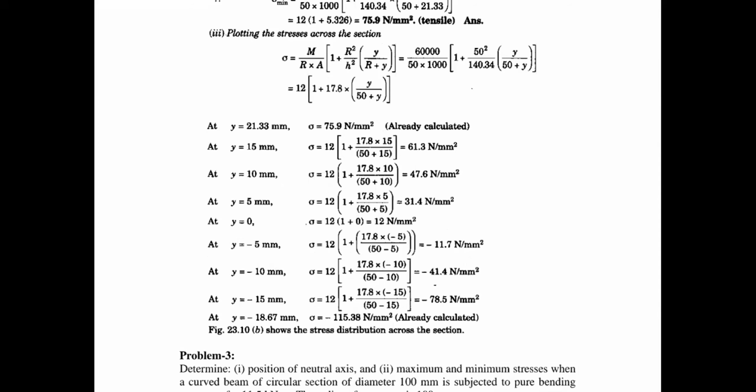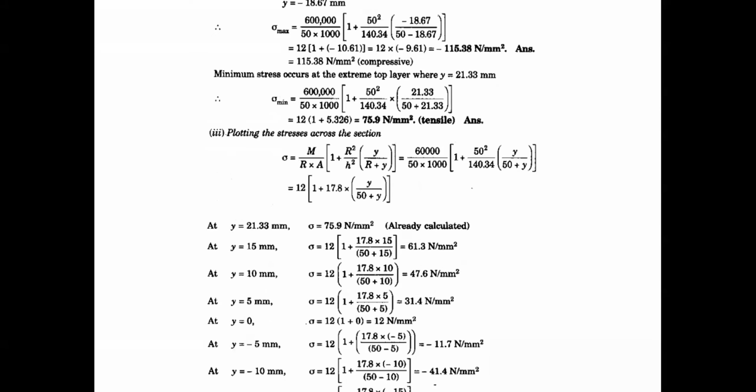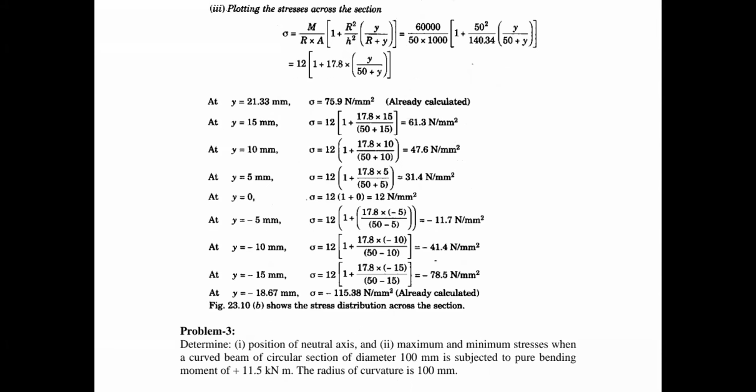The answers are: minimum value 75.9 and maximum value 115.8. These are the y values, please verify them. I hope this is sufficient. For those asking for the slide, this is my purpose. Now the d value and the h square value, which you already know. The h square value is 140.34. Somebody is also saying 140.34.